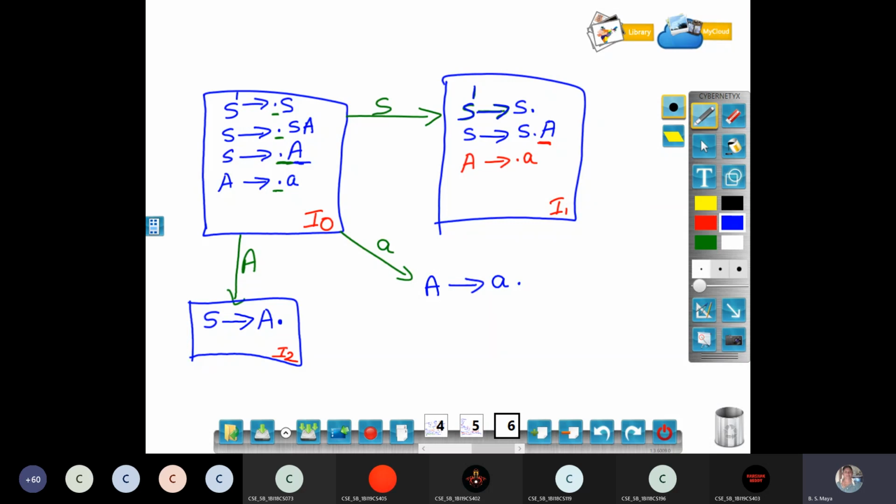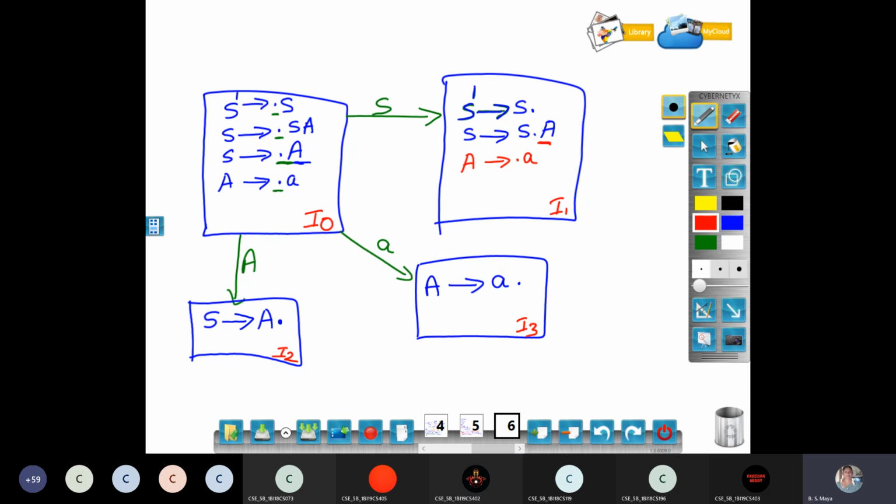Now the dot is at the end, so we don't write anything here. Is there anything to be added? No. Can I end my box? Yes, ma'am. What is the number? I3. Now in I naught, I did all in green color, all the productions, ma'am. Goto is over. S is over, capital A is over, small a is over. I have not left any single production in I naught. Is it right? Yes, ma'am.